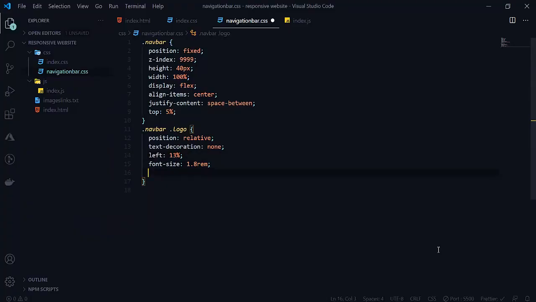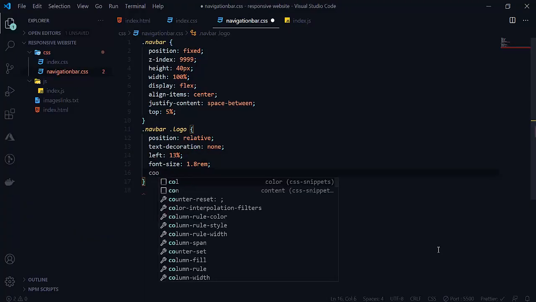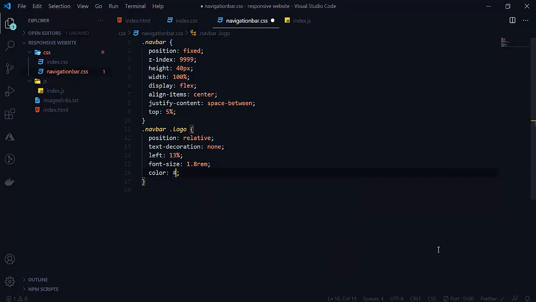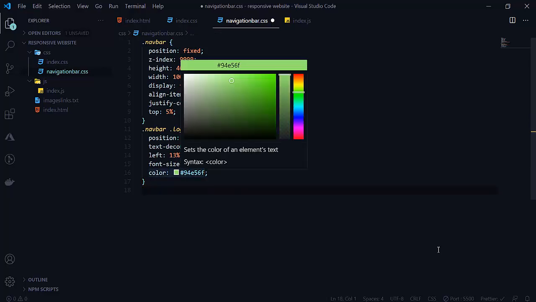And we will change its color to hash, I think it was 94E56, something like that. So let's see it again. This is a benefit, you can set any color here. So we want this color.